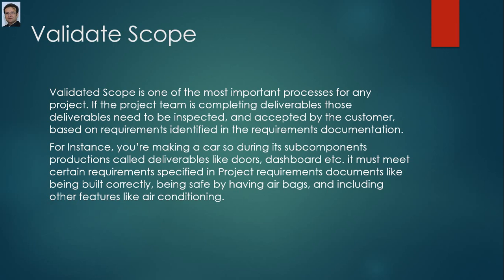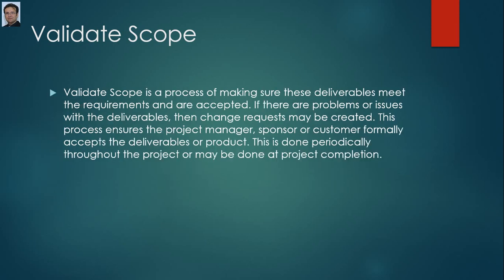For instance, you are making a car, so during its subcomponents' production, called deliverables, like doors, dashboard, etc., they must meet certain requirements specified in project requirement documents, like being built correctly, being safe by having airbags, and including other features like air conditioning. So validate scope is the process of making sure these deliverables meet the requirements and are